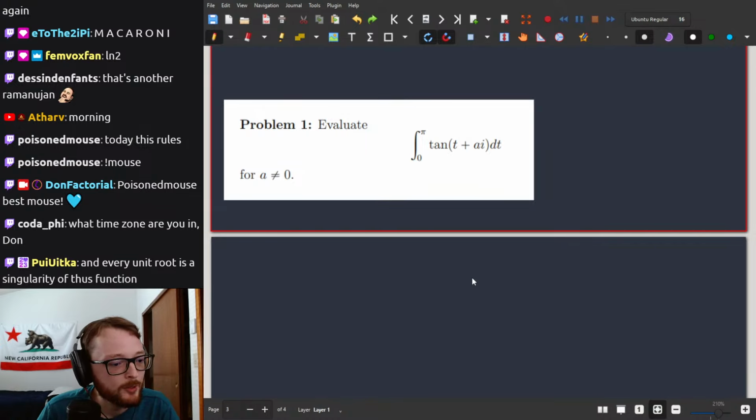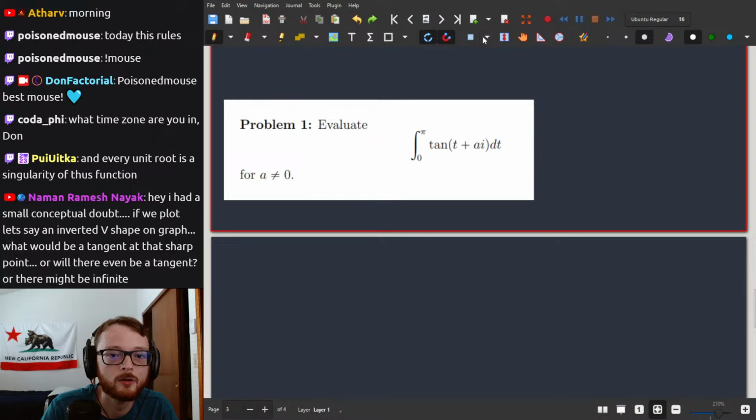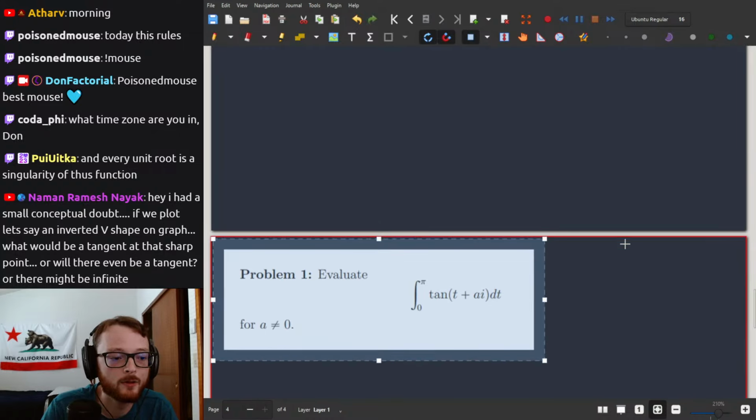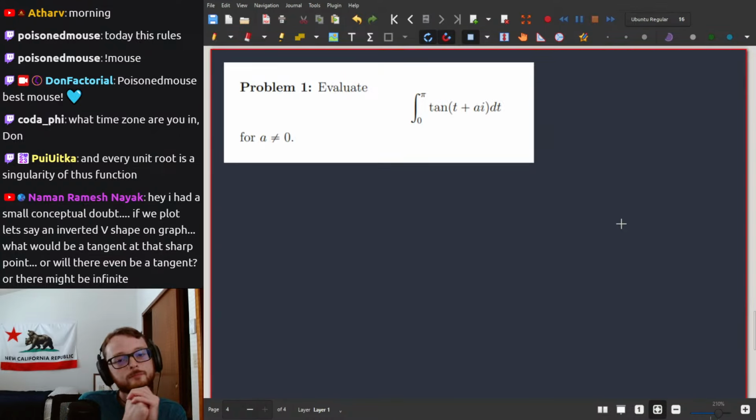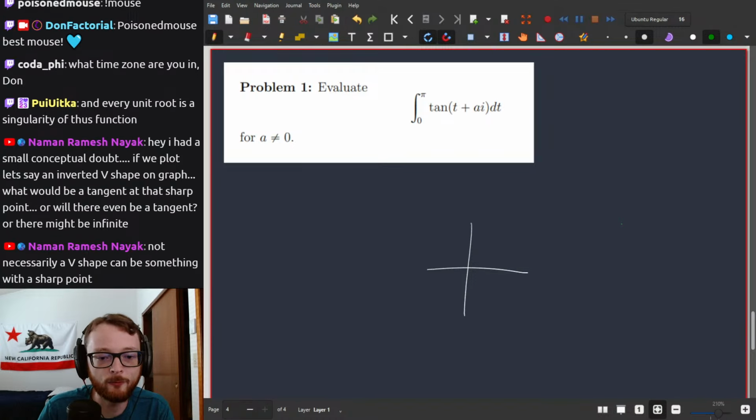Every unit root is a singularity of this function. Riemann, inverted V shape on the graph. What would be tangent at that sharp point? Oh yeah, those might be called cusps. I don't remember if that's what you actually call them, but if you have any type of corner on a graph like that,